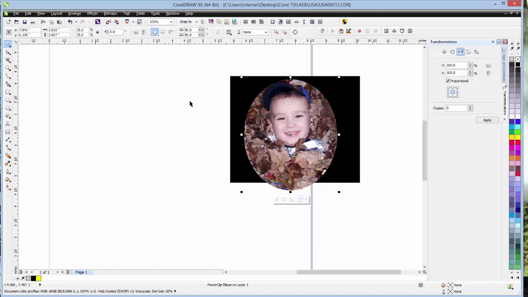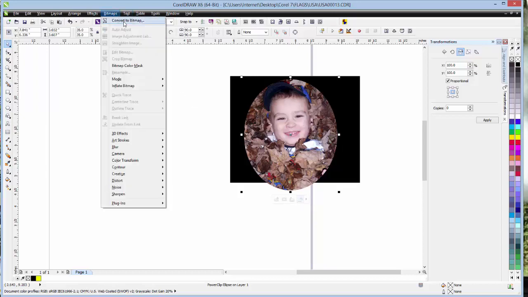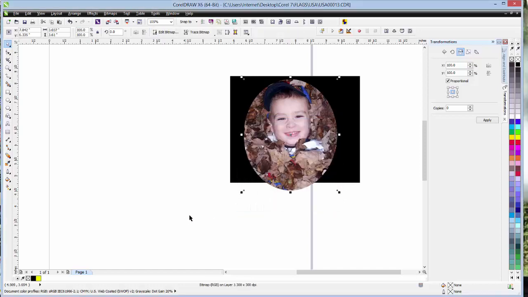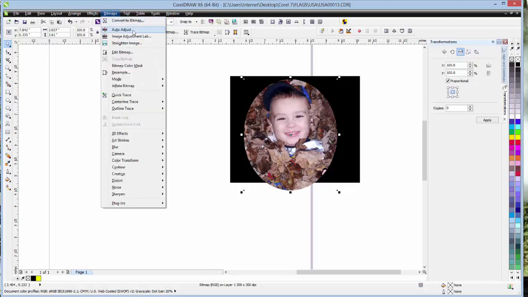If you want to work with it as a bitmap, we have to go to Bitmap, Convert to Bitmap. We'll tell it it's okay, and because we're doing sublimation, we want to do RGB. And now it truly is a bitmap, and it will function just as any other bitmap. You can take it into PhotoPaint and alter it, or you can use the tools under the bitmap drop-down menu and edit it. One of the ways that I like to edit mine is to come down to Creative,